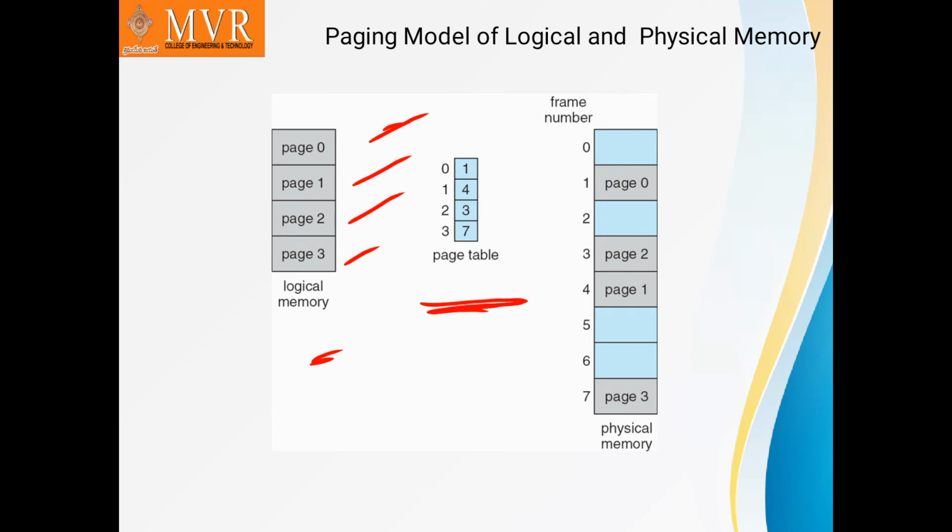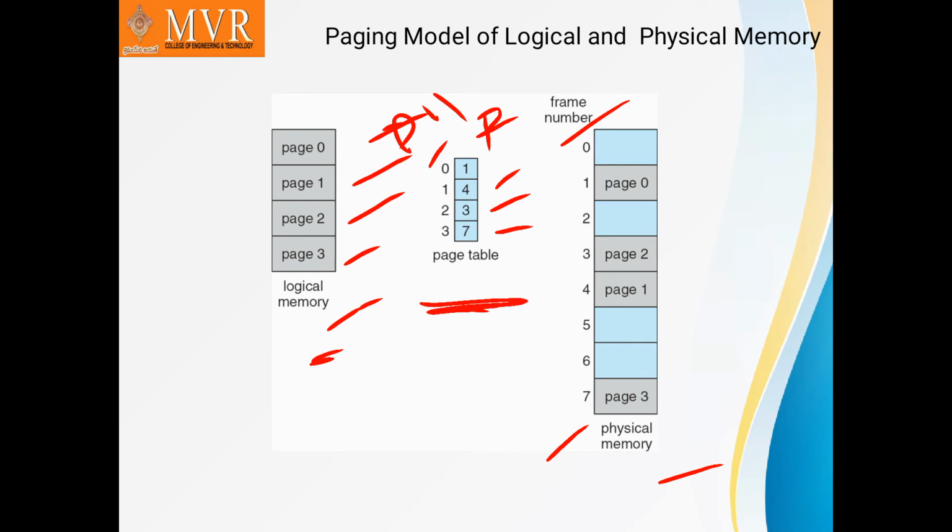And the page table has the frame numbers 1, 4, 3, 7. These are the frame numbers, and the page numbers are 0, 1, 2, 3. So as usual in logical memory, okay, how we map it will be mapped in physical address. Clearly observe, the frame numbers are 0 to 7, that is 8 frames will be taken.